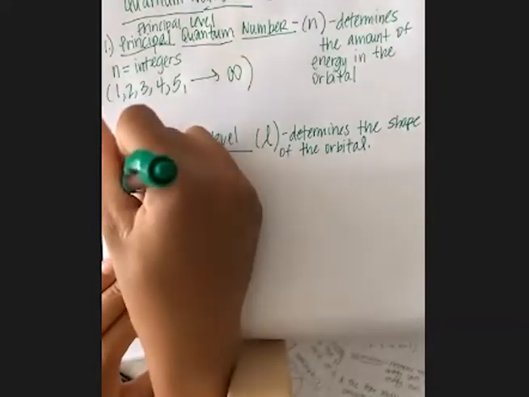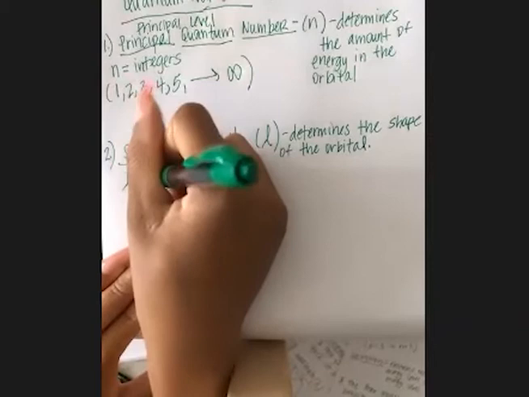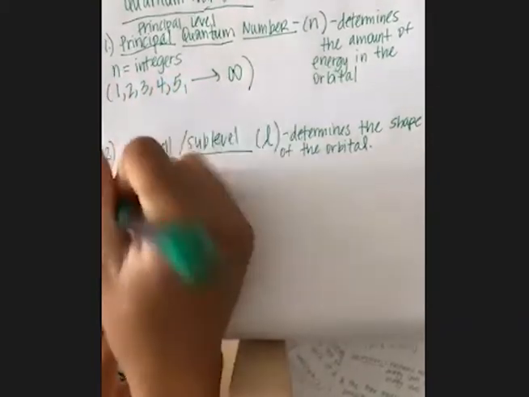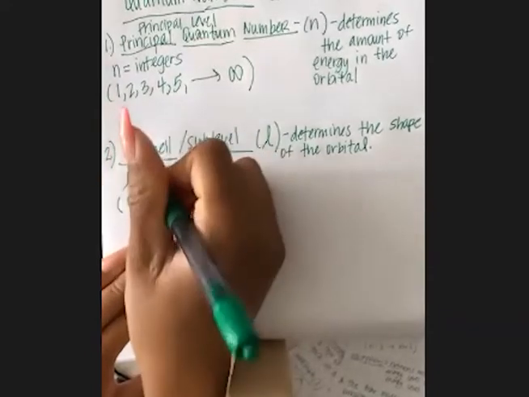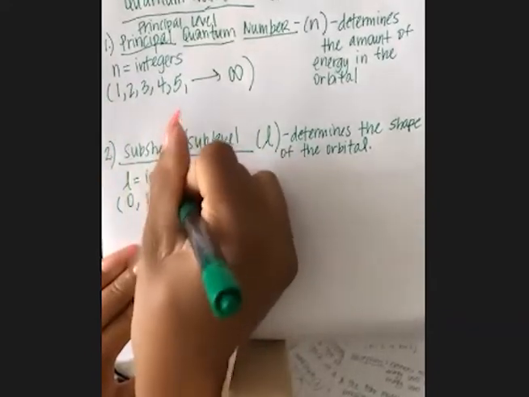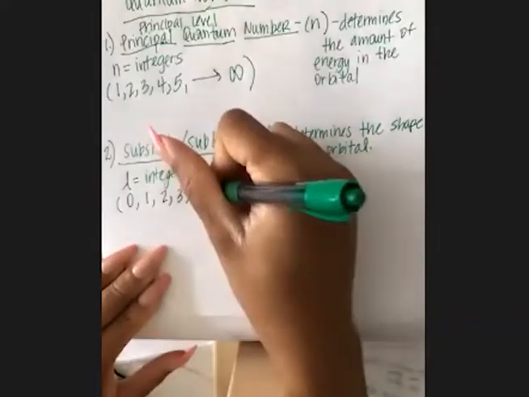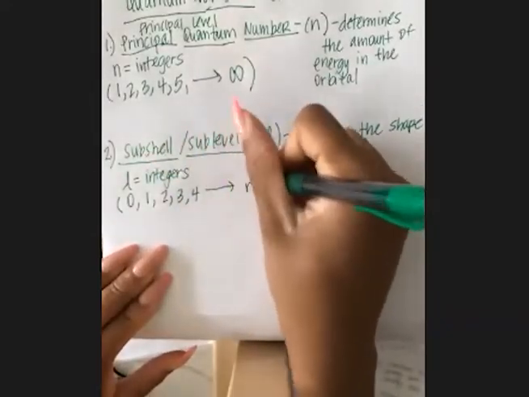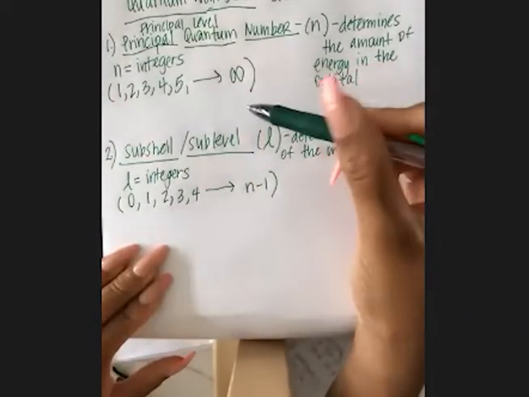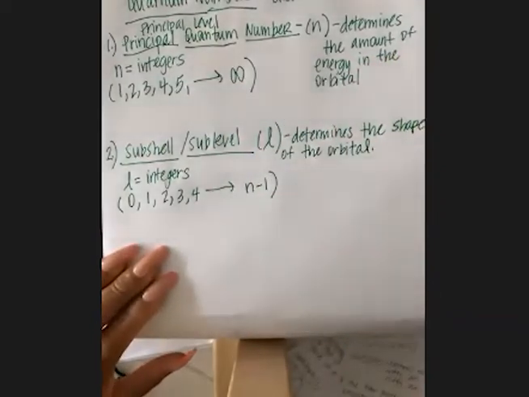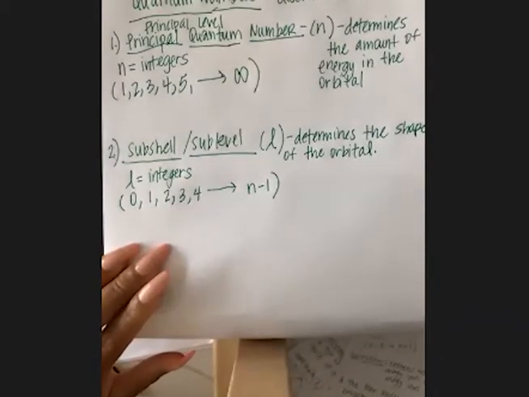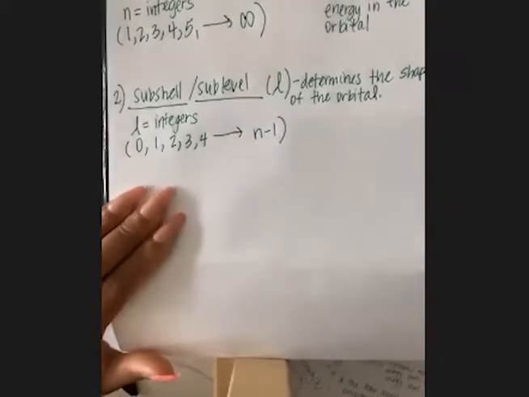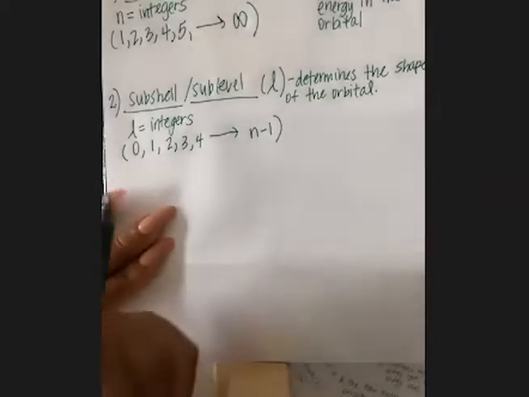The L also equals an integer, but this time the integer starts at 0 and goes all the way to n-1. So 1, 2, 3, 4, all the way to n-1. So the sublevel is always going to be 1 less than n. Now, because these are both integers and you don't want to get those confused,